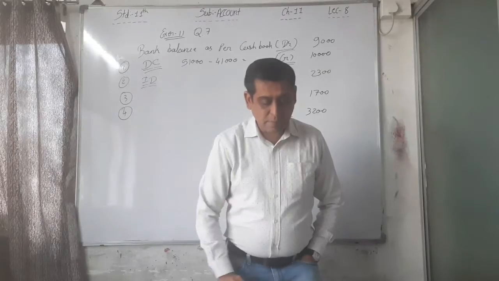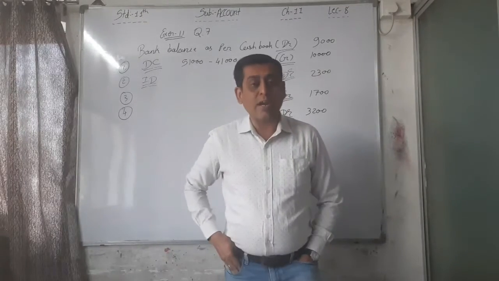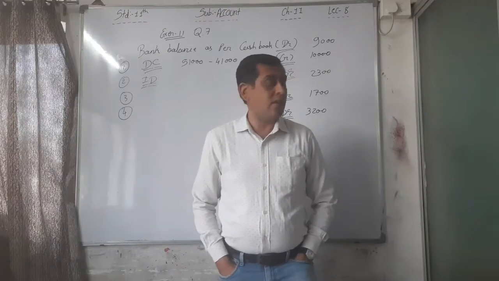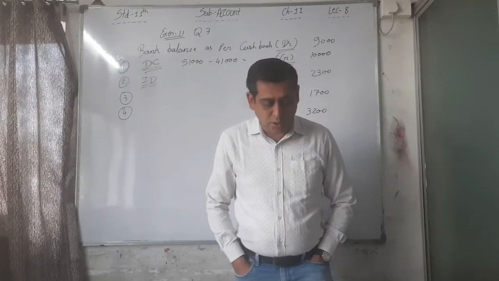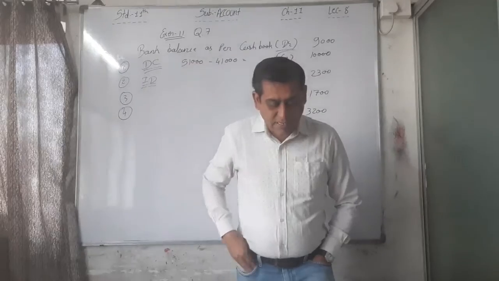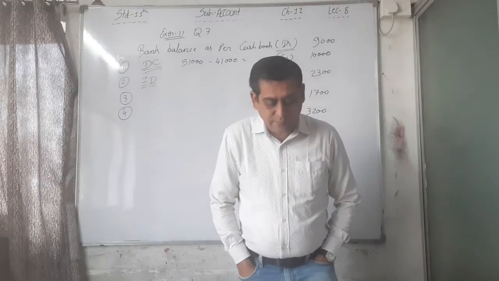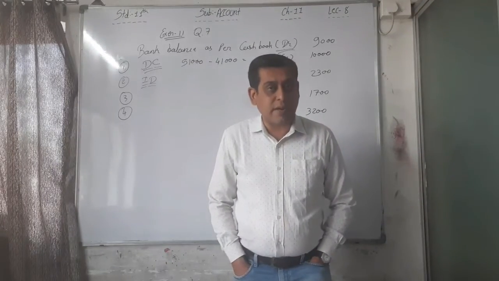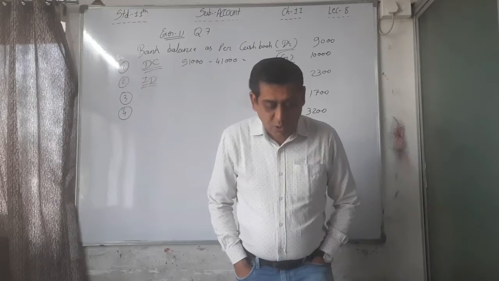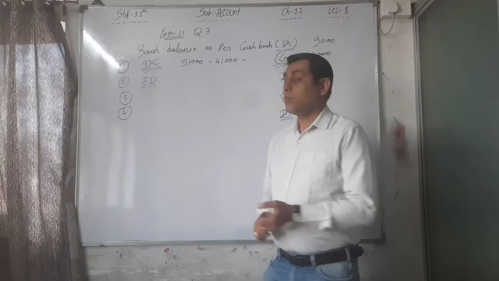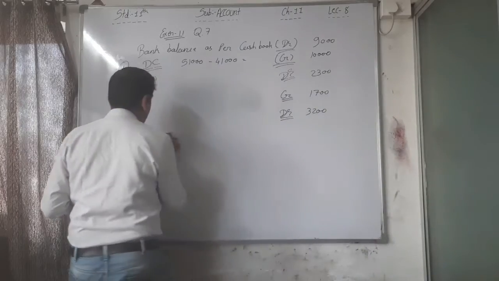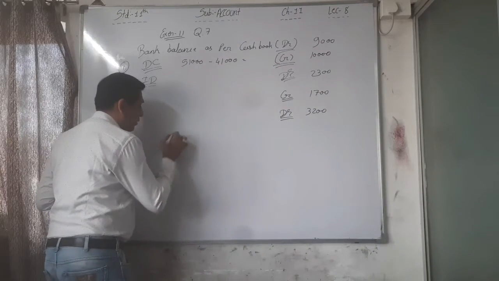Fifth point: bank charges recorded by bank. I am not writing here on the board now. Write down with a pencil near the situation. Bank charges recorded by the bank 70. Bank charge is always debited. And it is recorded twice in the cash book by mistake. Here, bank charges in the cash book.